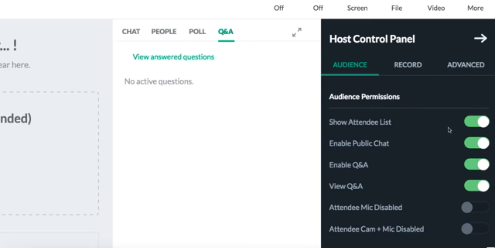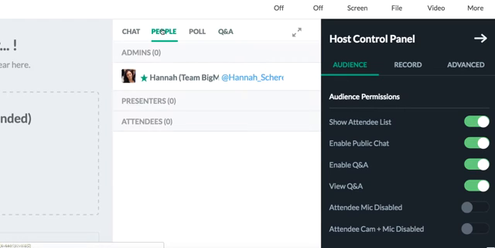So the first is the show attendee list. If you don't want to have your attendees know who else is attending, meaning in the people section, they won't know who else is listed out here, I would recommend turning that off. This is a great tool if you want to make your webinar seem like it's a lot bigger than it actually is. You know, so if you say that you have 300 attendees in the room, but you really only have 3, your attendees would not know. The next is